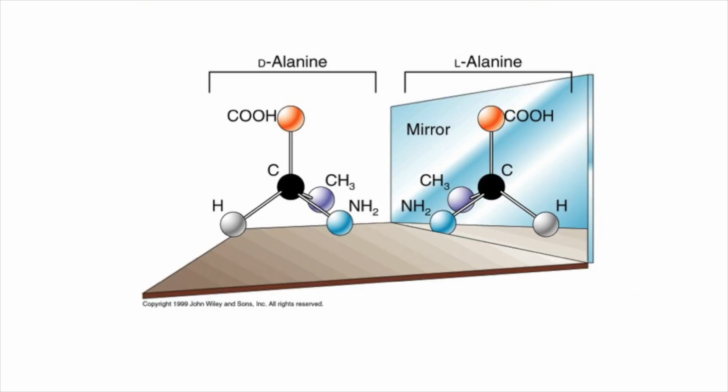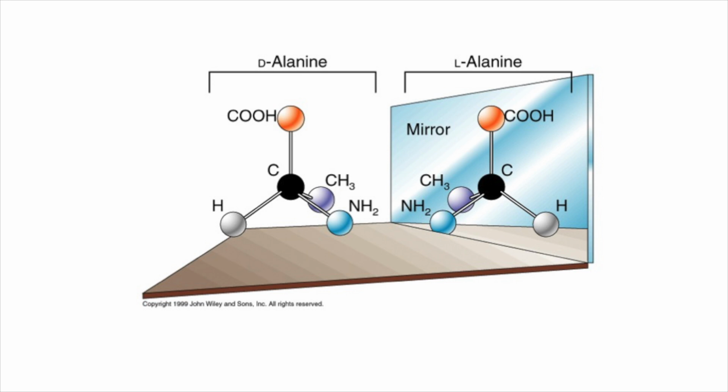Now, examples of molecules that have chiral centers and therefore exist as pairs of enantiomers are amino acids. Now, an example of an amino acid is shown here in this picture, and you can see that the carbon in alanine has 4 different groups on it. It has a carboxylic acid group, COOH, a hydrogen atom, an amino group, NH2, and a CH3 group. And therefore, because of this, there is another form of alanine, a mirror image,